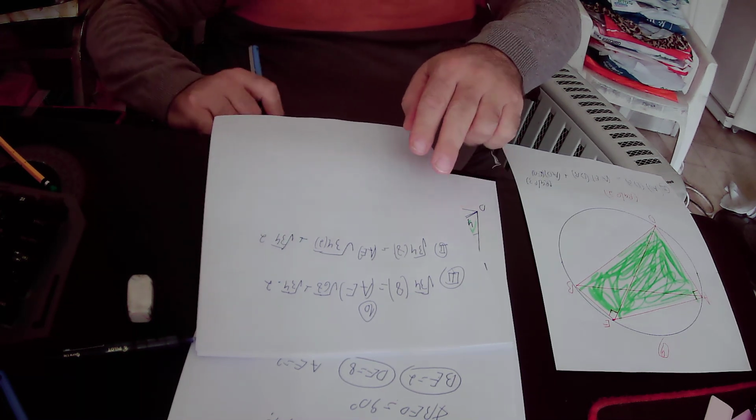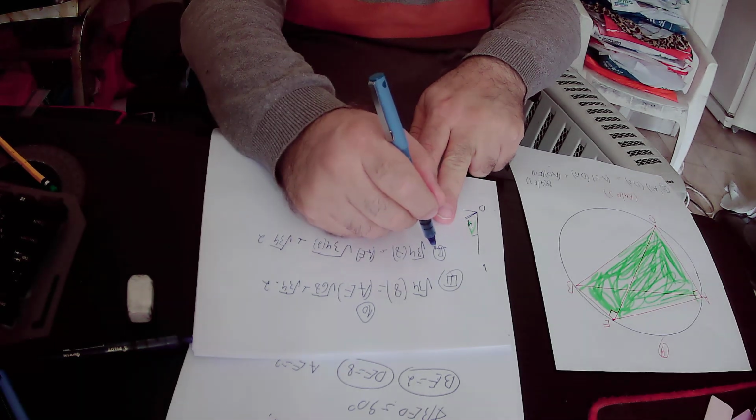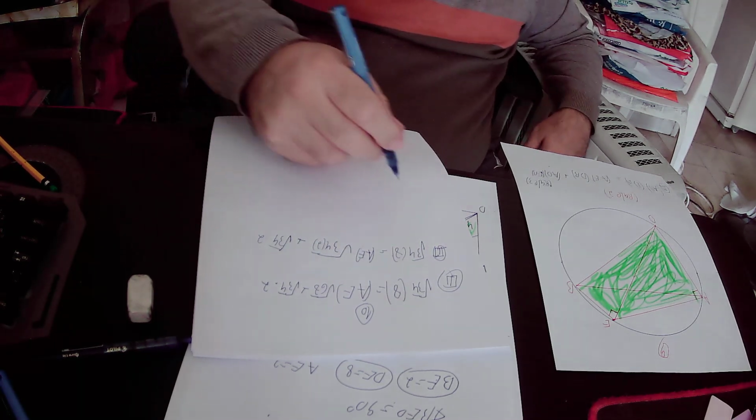So here we will divide equation number 3 by square root of 34 and we will get that